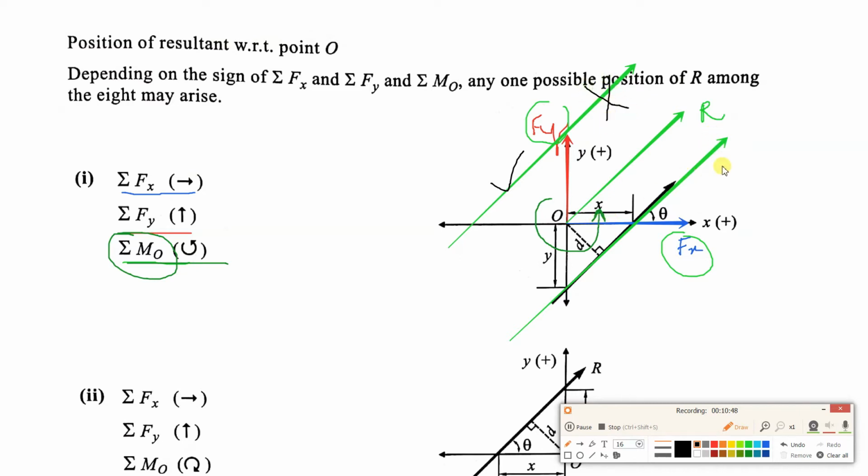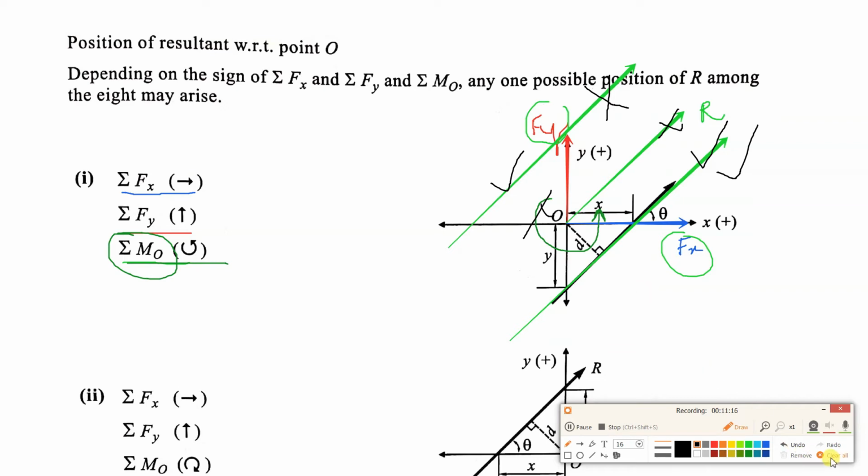So remaining is this arrow. Okay, this one. If you consider this arrow, keep your thumb at point O, keep your index finger on the force, and rotate your index finger in the direction of arrow, it is anti-clockwise. So basically what we will do is, we will shift this. R will go away, this moment we won't be writing, and this will be the final answer. Only one force is there. Okay, this is the answer.